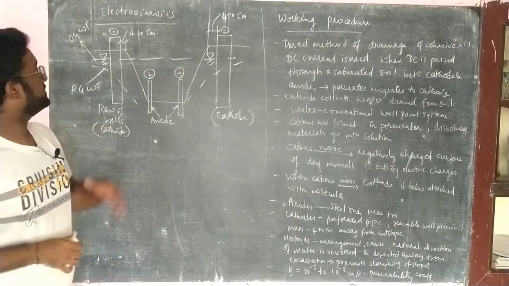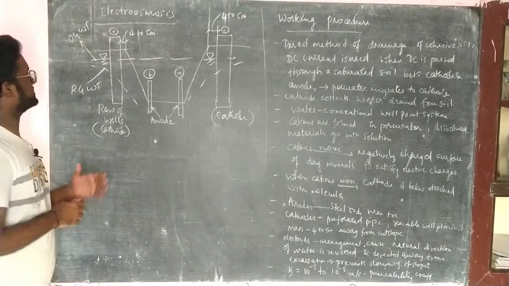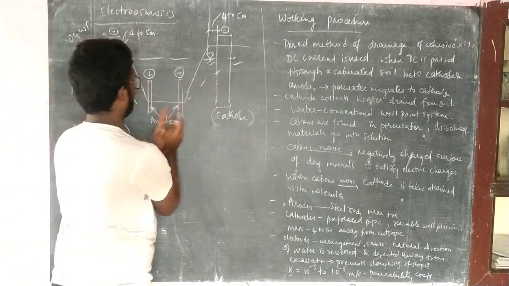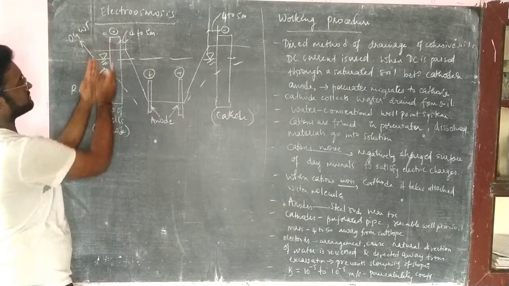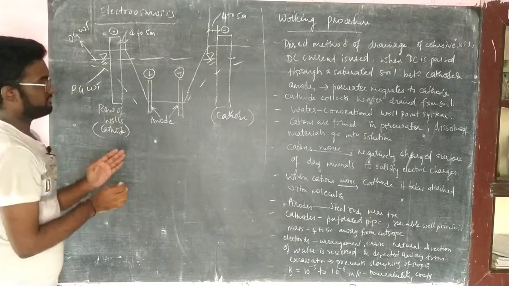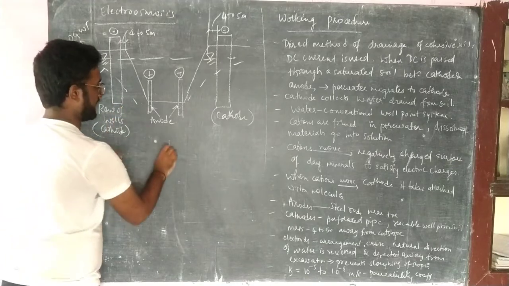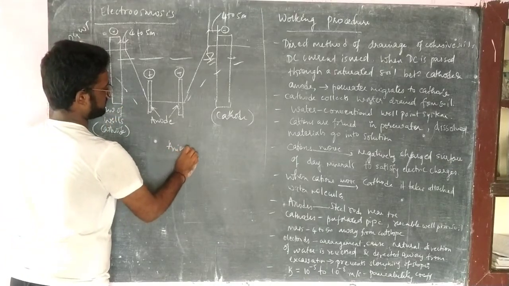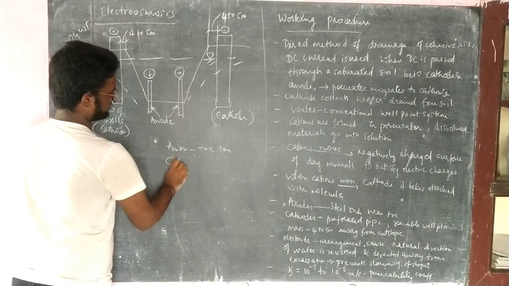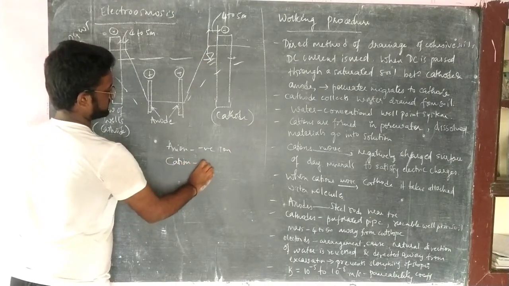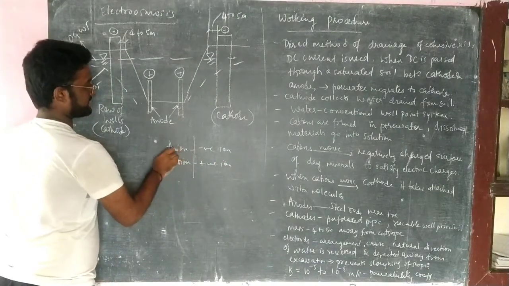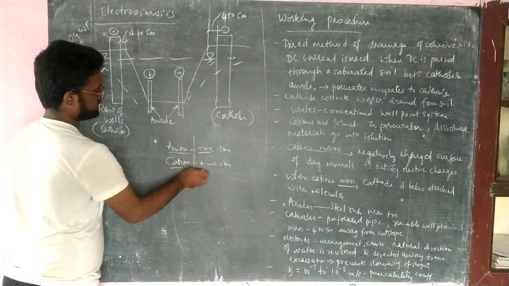So hello friends, now we'll be discussing the electroosmosis process. This is a row of cathode here, and this is anode. Cathode is nothing but the negative electrode, anode is nothing but the positive electrode. Whereas in terms of ions, anion is nothing but a negatively charged ion, cation is nothing but a positively charged ion. Don't get confused here. In ions, an means negative, cat means positive.